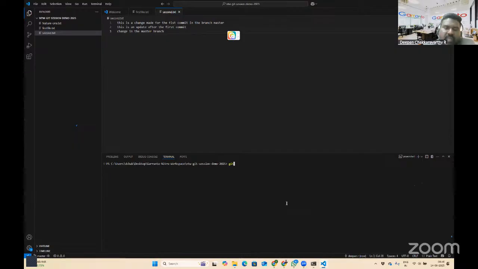After making and committing this change, I'll check out to the feature one branch, where the change that I did in the master is not present. So the third line I'm not able to see here because that change is available only in the master branch. Now here in feature one, I'm going to make a change in the same third line, which has a different version in the master branch, and now things are getting into conflict.